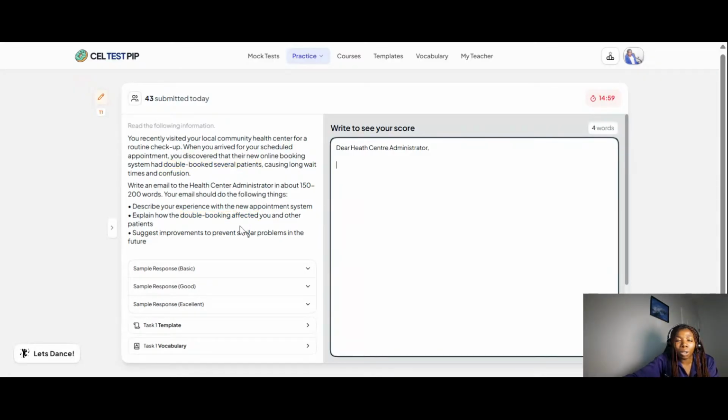So it caused overcrowding and long waiting time, because of course everybody is there, they will now find a way to still let people go in, and so it will cause long hours of waiting. It's okay, long wait time. It has even been stated there that it caused long hours of waiting. And so they now said, explain how it affected you. So you now say, this cost me to miss